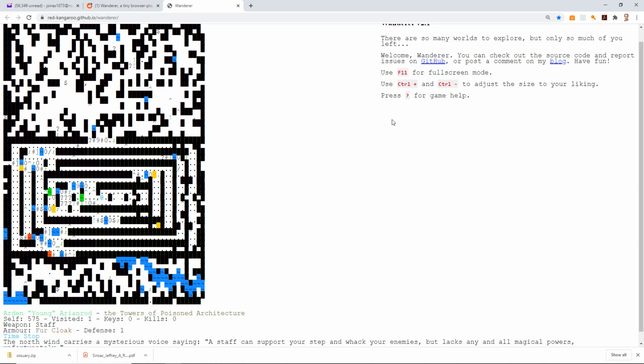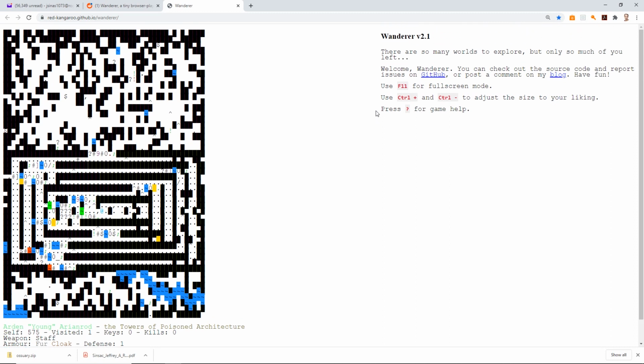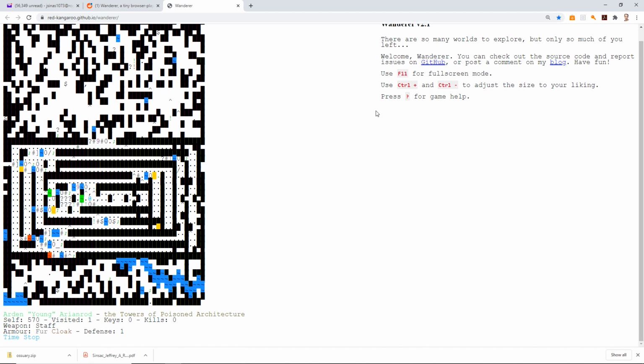The north wind carries a mysterious voice saying, a staff can support your step and whack your enemies, but lacks any and all magical powers, unfortunately. Thank you. Maybe that voice pops up every once in a while to explain the circumstances. I'm going to keep it so you can see the bottom text there. Alright, I'm going to step to the south and see what the...